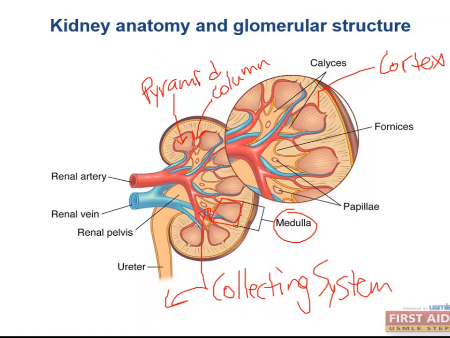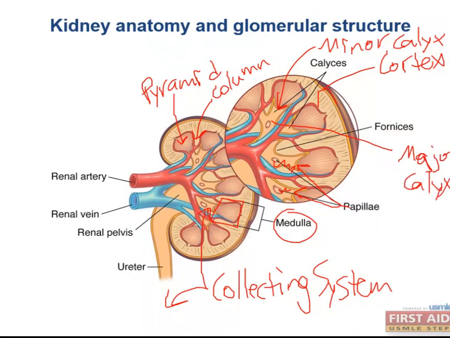The collecting system, on the other hand, begins as the minor calyces. So this is a minor calyx. Each renal pyramid drains into its own minor calyx via a renal papilla, seen here. This diagram is actually a little off. The renal papilla is actually that tip of the renal pyramid there, not this area. The minor calyces then coalesce to form major calyces. So this would be a major